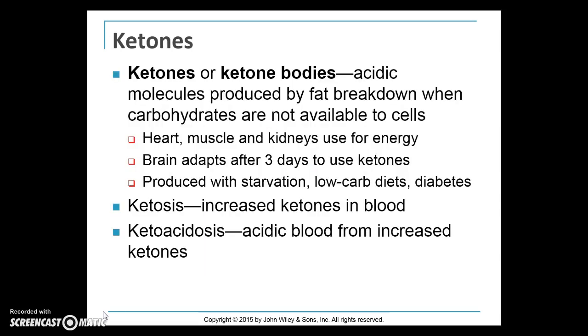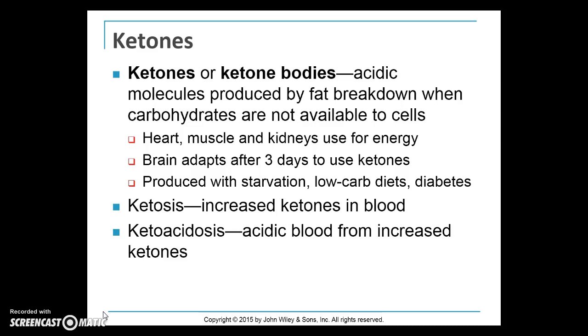So what about ketones? And we're going to talk more about this as we go, but a lot of people on low carbohydrate diets, or if you know someone that's diabetic, people might have to measure the ketones or ketone bodies in their urine. But let's talk about ketones. Ketones or ketone bodies are acidic molecules produced by fat breakdown when carbohydrates are not available. So a diabetic, or someone that is not producing insulin, which is what diabetes is, and we're going to talk more about that,